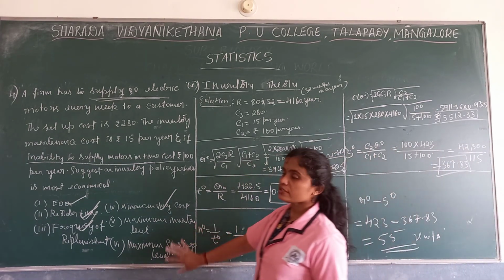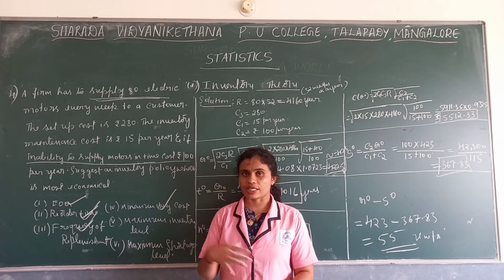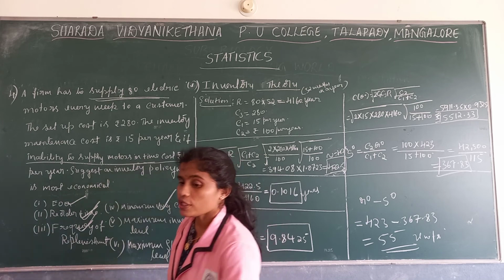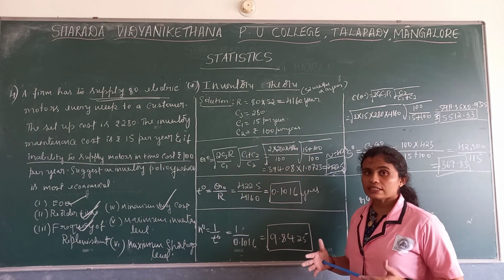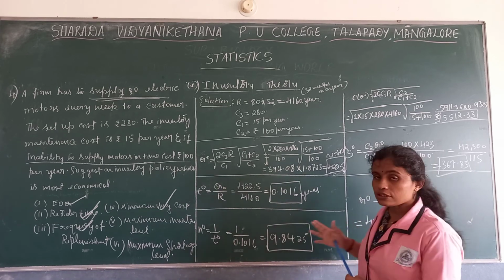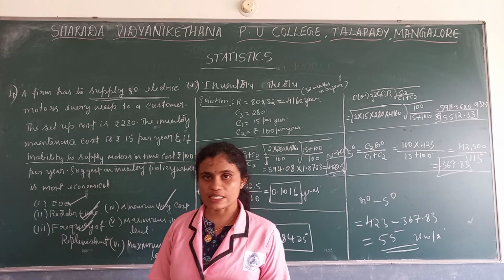I hope we covered in one problem itself, we covered all the methods. It is not necessary to take any other problem. Only model 2 what comes here? C2 will come. Here you will get C2. So if you get C2, you have to go with model 2. Then rest of the things are similar.